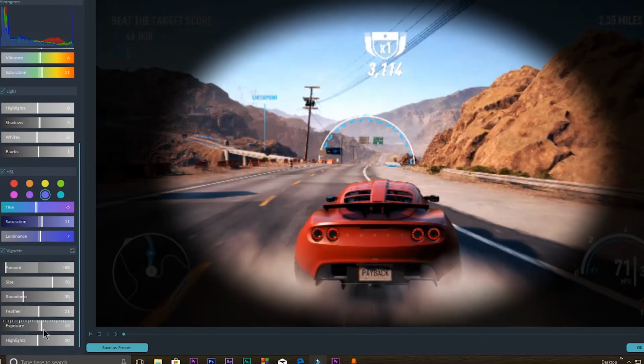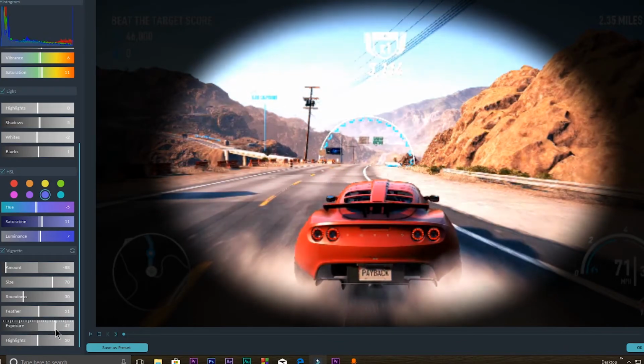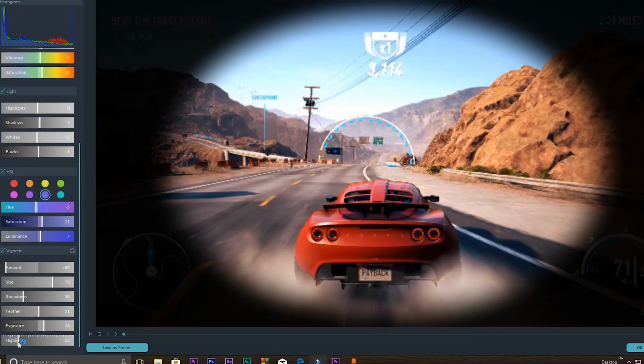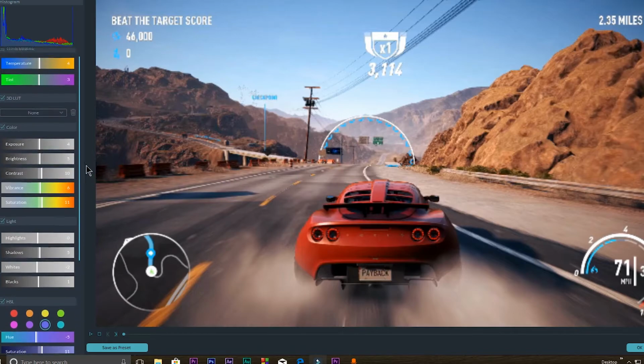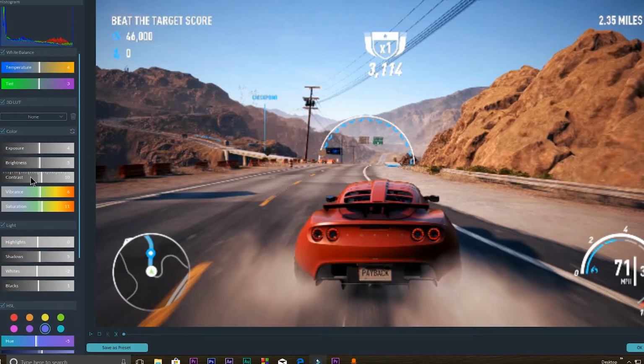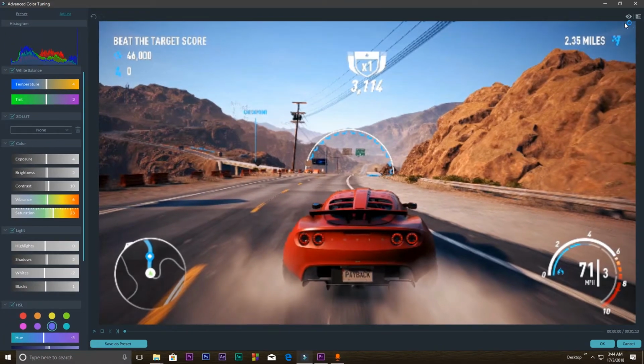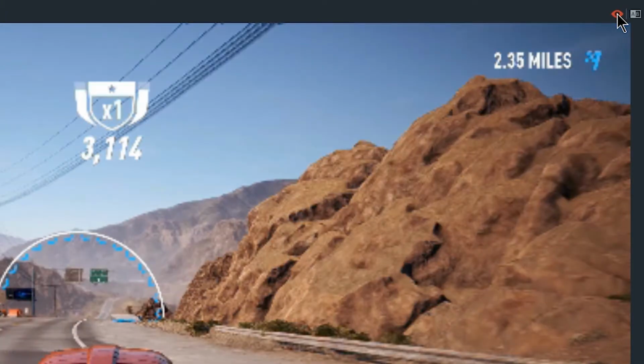You can obviously change the particular portion exposure, make it more exposed or highlighted, and you can change the highlight as well. So I'm not changing anything, just resetting all of those. So I just want to make the saturation a little bit more here to show you the difference so that you can understand. So if you go to this right side, if you see this button, I button, if you click this one and hold,